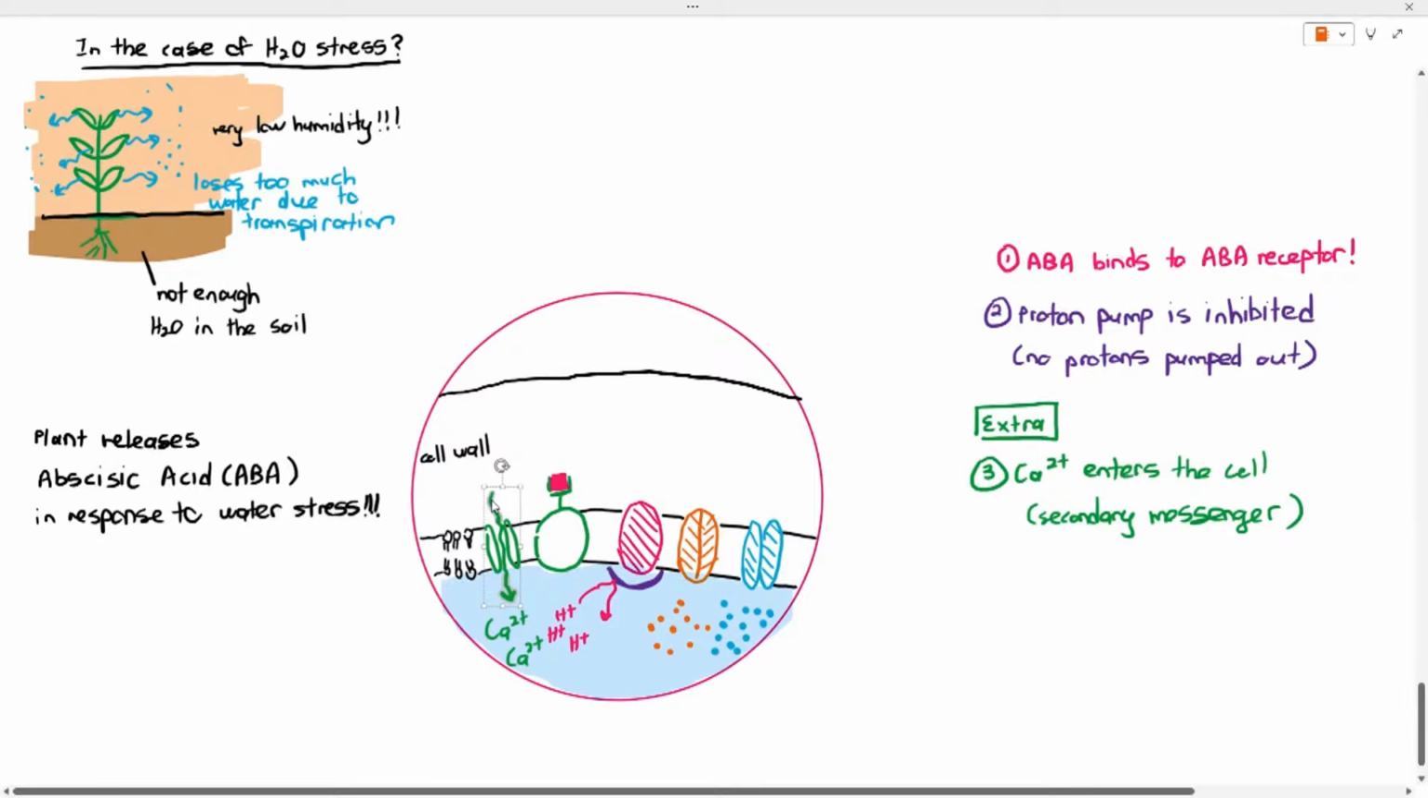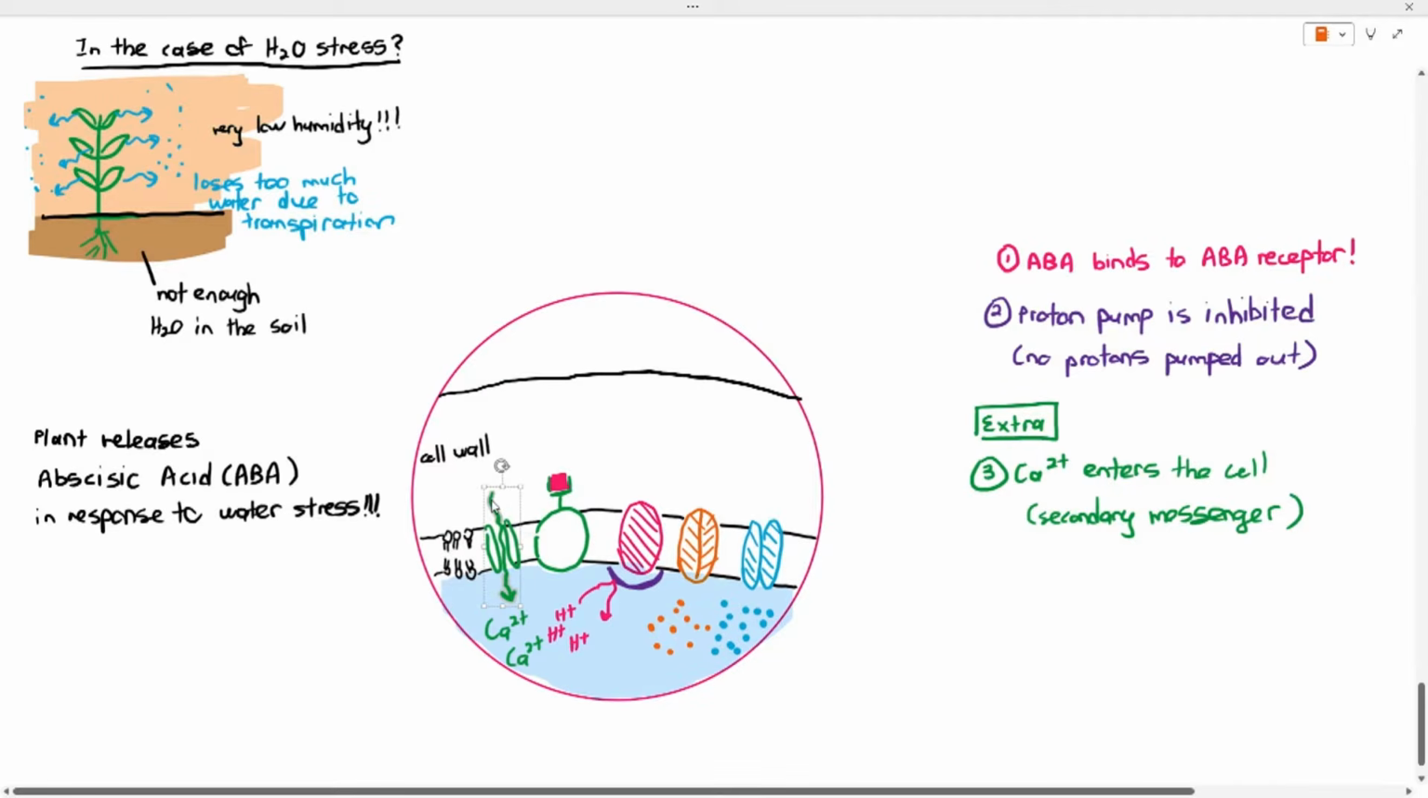Calcium ions will also enter the cell. Yeah, I know. Look, suddenly I'm introducing new ions. I know it's a bit annoying. Don't blame me for this. But what you can mention in the exam is calcium ions act as a secondary messenger. The ABA was the primary messenger that binds to the receptor, so calcium ions rush into the cell and act